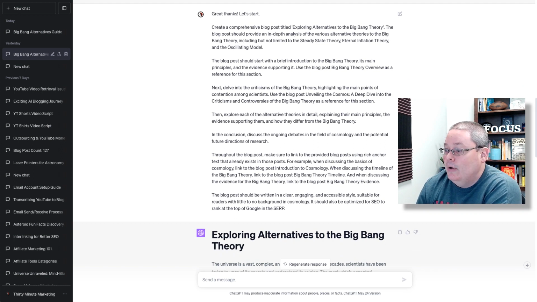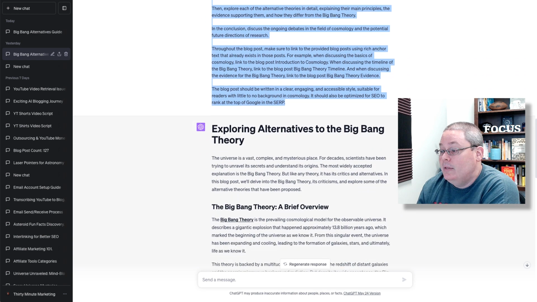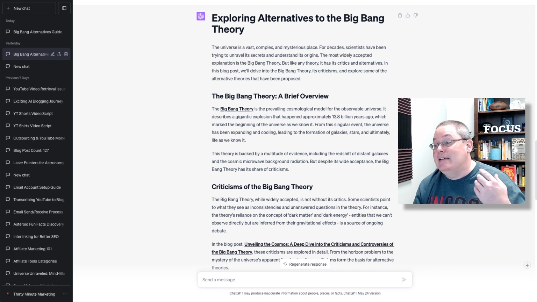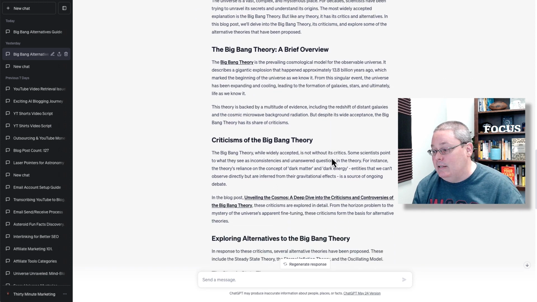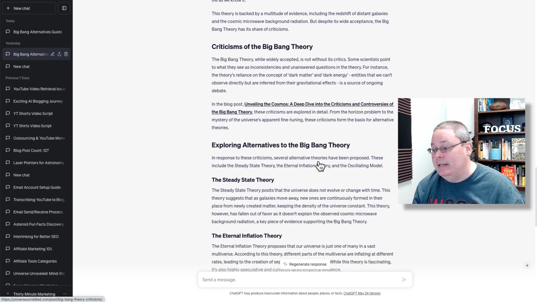Let's start. Create a comprehensive blog post, and then you can see that I just copied in that entire perfect prompt that I used with the plugin. Then you can see the difference here in the blog post that it wrote. But the idea here is it did write the blog post, and it also added the interlinking that you can see here. So now the perfect prompt for us has included the interlinking.